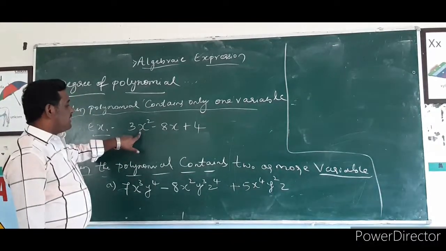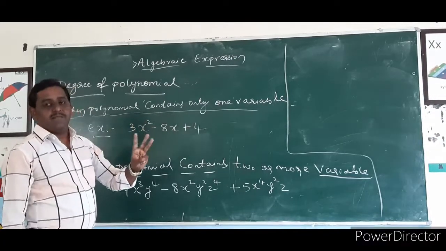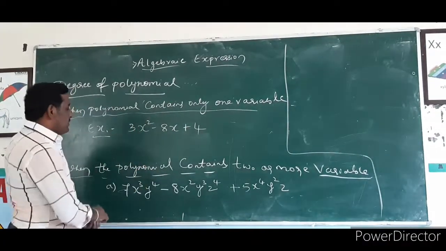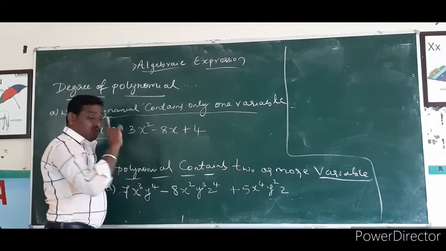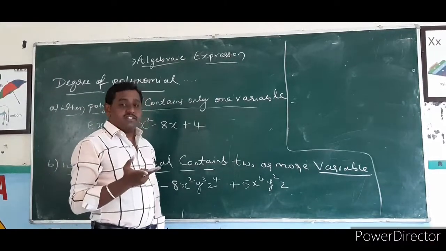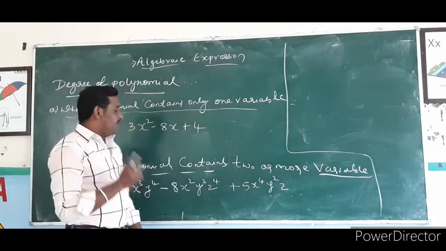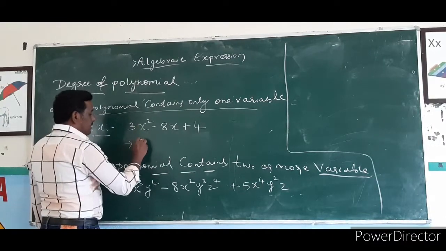So look at this expression. One term, two terms, three terms. Three terms are there, means trinomial. In this expression, only one variable, that is x. Only x is there. There is no second variable. Only one variable is there. So that's why the degree of the polynomial is